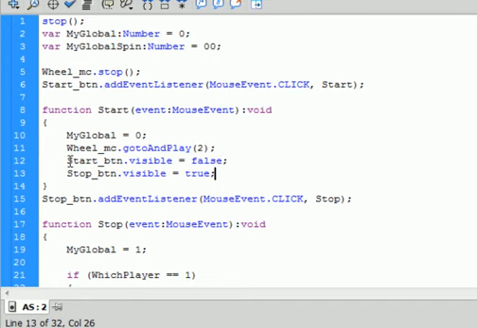I might have said stop. Start button, period, visible equals false. And at the same time, we're going to make the stop button, stop_btn.visible = true;